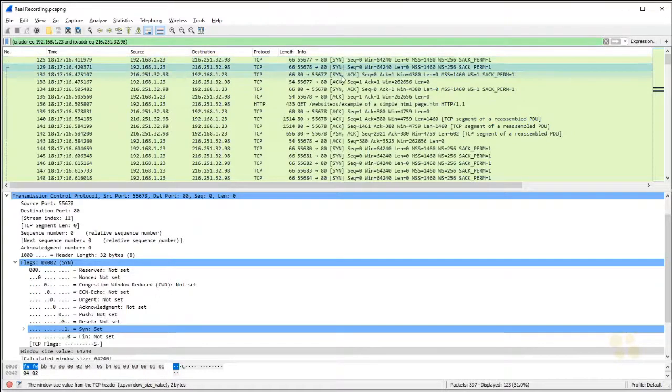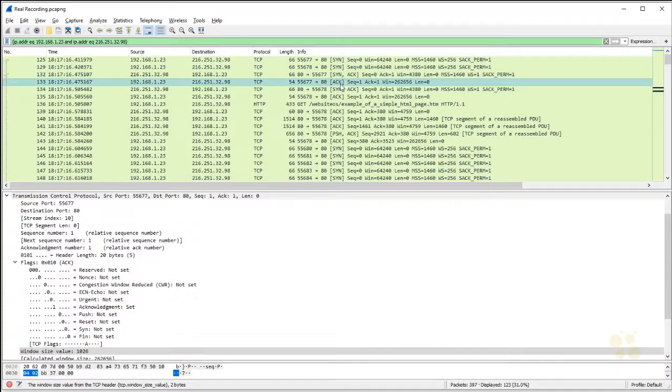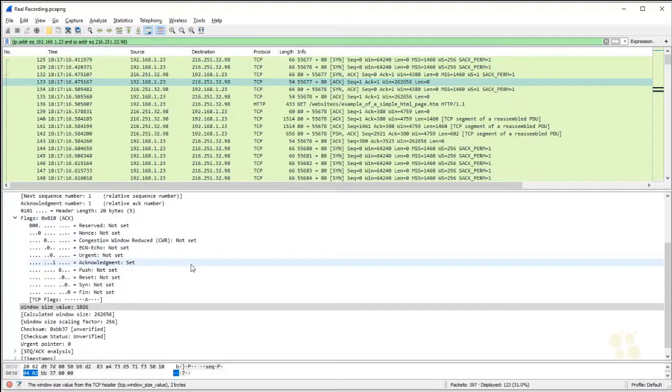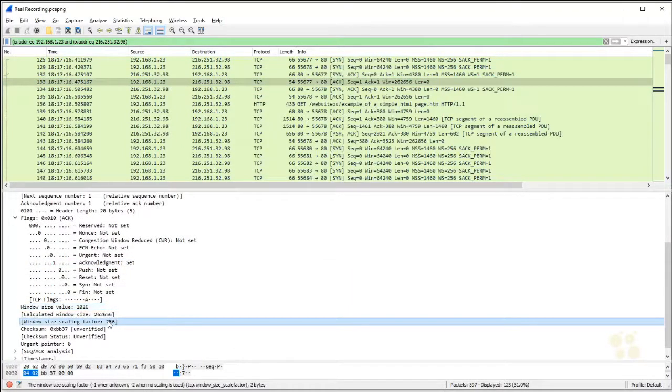And we saw at the beginning the TCP three-way handshake to get the conversation started. We saw within that the sequence number and acknowledgement number used to keep it in sync. And then we saw in the last video windowing, where we looked at how much data the client and the server expect to receive. You can see our client is using a multiplier here because we see the window size is 1026, but scaling that by 256 to receive a whole bunch of data,